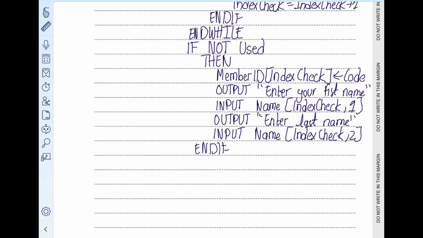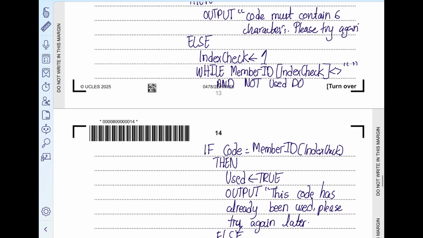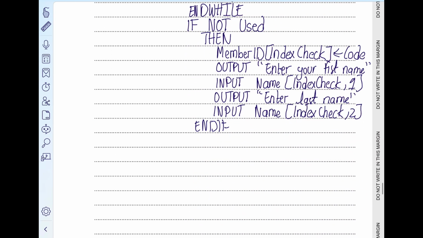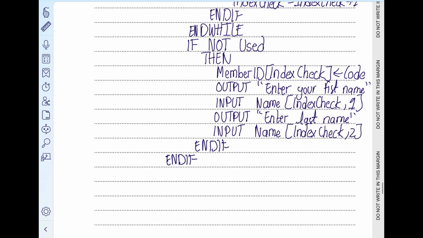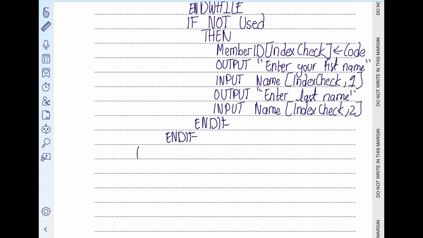After that endif of this part, we need another endif to remove the previous endif. So endif of that. And after that endif we need to, because we were repeating, repeat until the length of the code is 6 and it is not used. Until